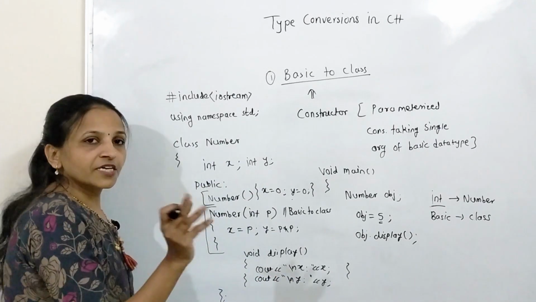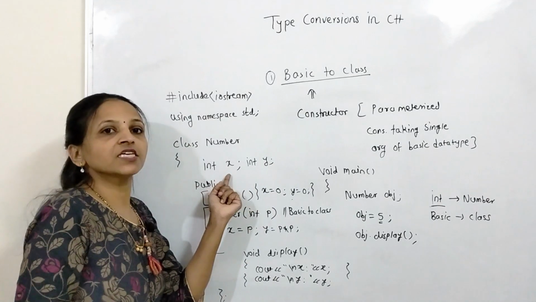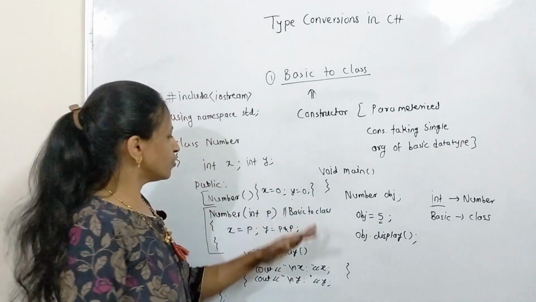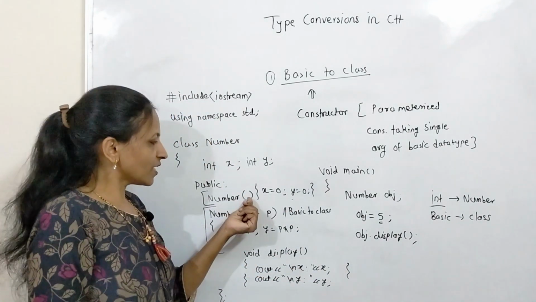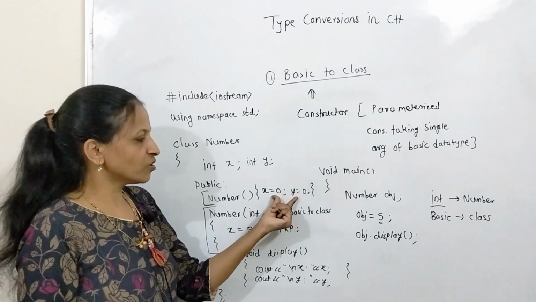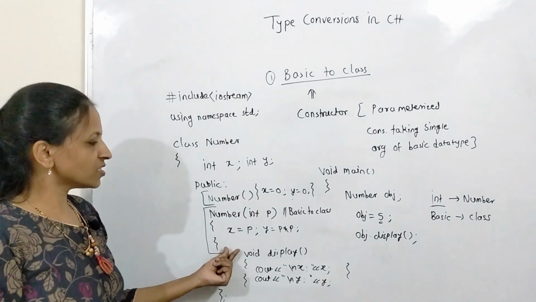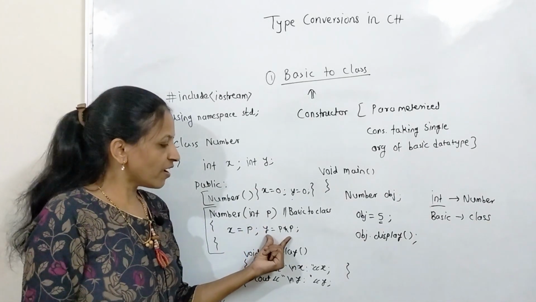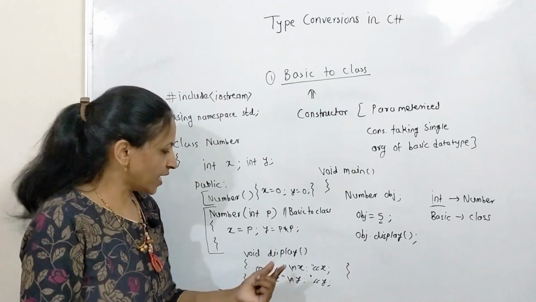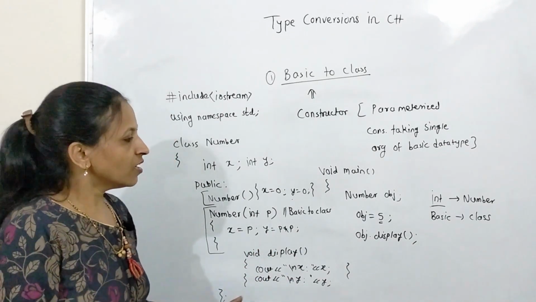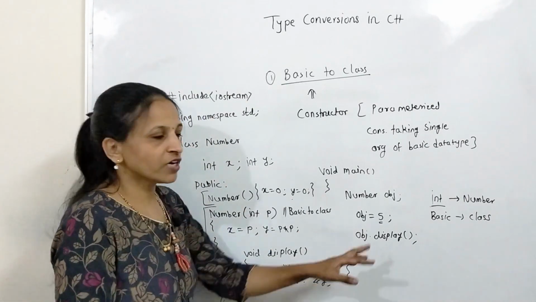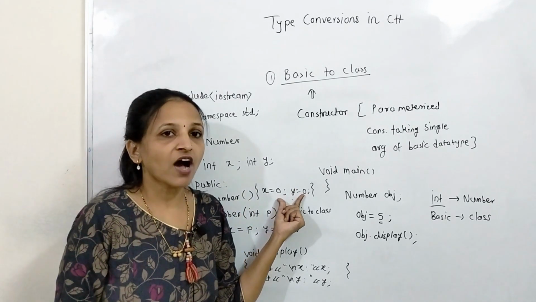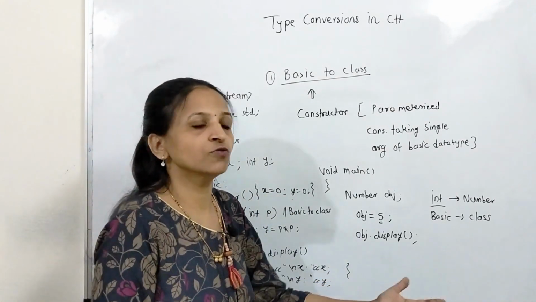This Number class is taking two data members x and y. x is the number itself and y is the square of that number. This terminology I just want to implement here. See this Number class default constructor, here both will have value 0. In the parameterized constructor x will have whatever parameter is passed, that is p, and y will have the square of that p, that is p into p, and here we are displaying both values. Now whenever this main gets executed, what will happen: initially Number obj, here the default constructor will be called, and x and y of that obj will get set to value 0.